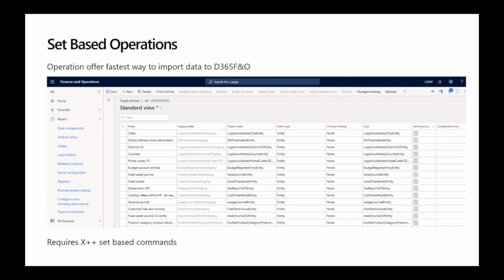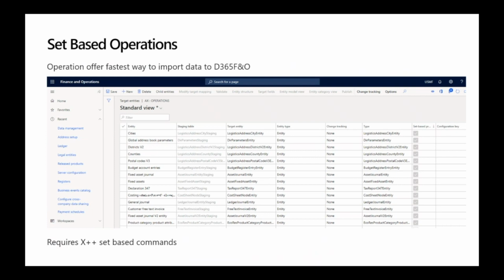So you need to look into some methods for the entity, and instead of using insert record, update record, delete record, you will see that you need to use functions like insert record set, update record set, and that of course gives a huge performance increase.